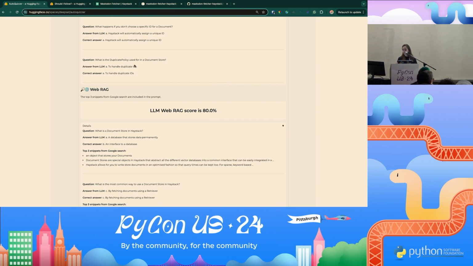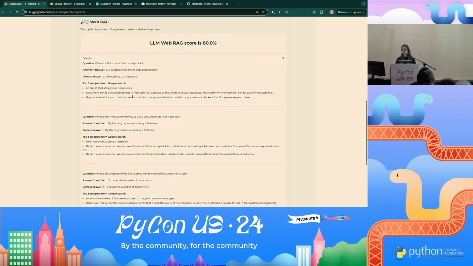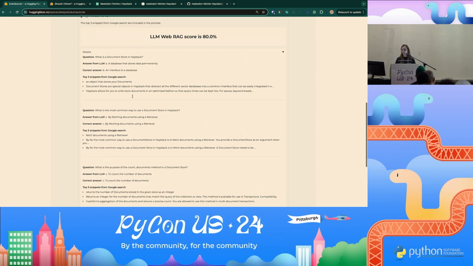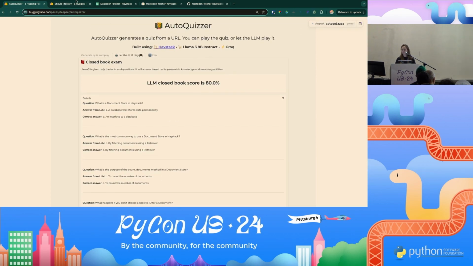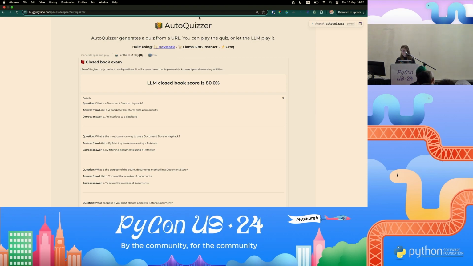This was quite funny because we decided to provide the URL of, I think it's the document store documentation of Haystack. Turns out that even with the web, Llama 3 got some questions wrong, so that was a bit sad, but hey. All right, with that, I'm going to hand back to Massi to talk about how we actually get